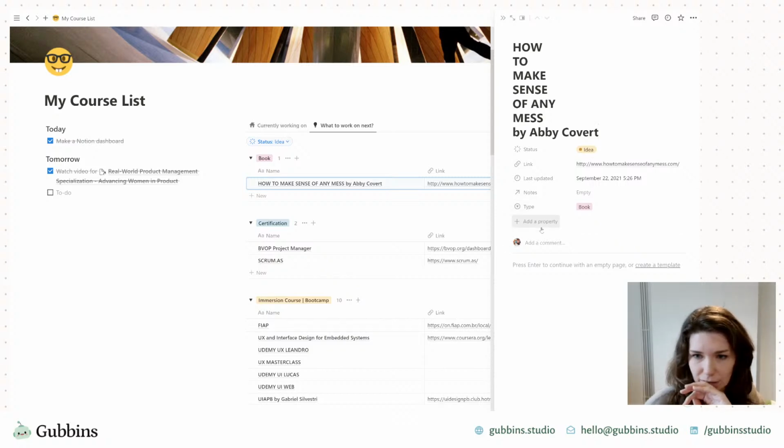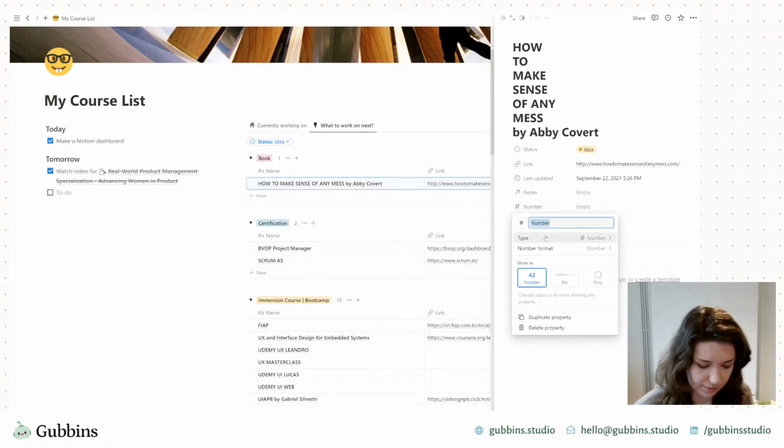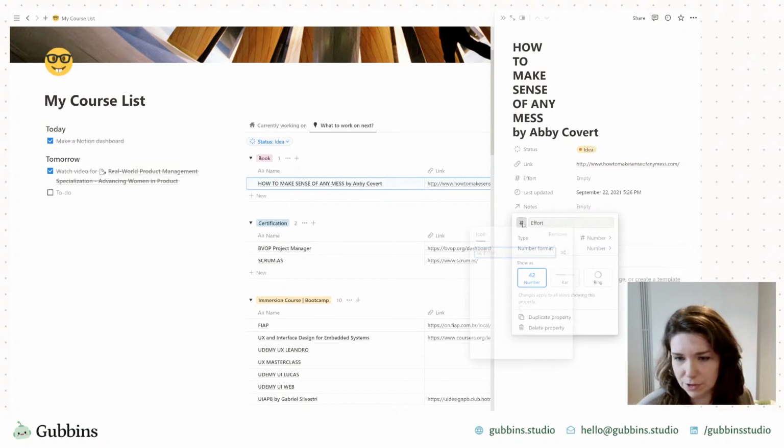Let's also put in, so as you're adding this into your list of ideas, what you could then do is rate it around how difficult you think it's going to be. So let's call it effort, and change this